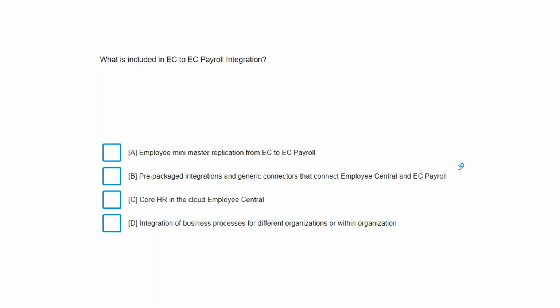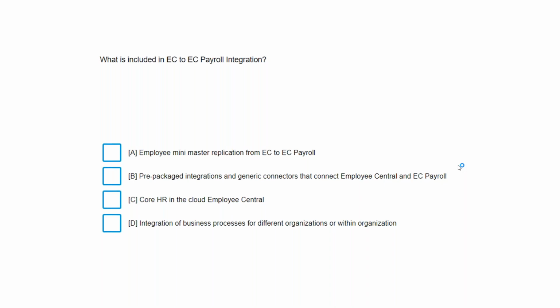Mini master usually goes from EC to Kronos or other legacy systems, but from a payroll point of view, we bring most of the relevant data, including the demographics. That's the way the question is worded.